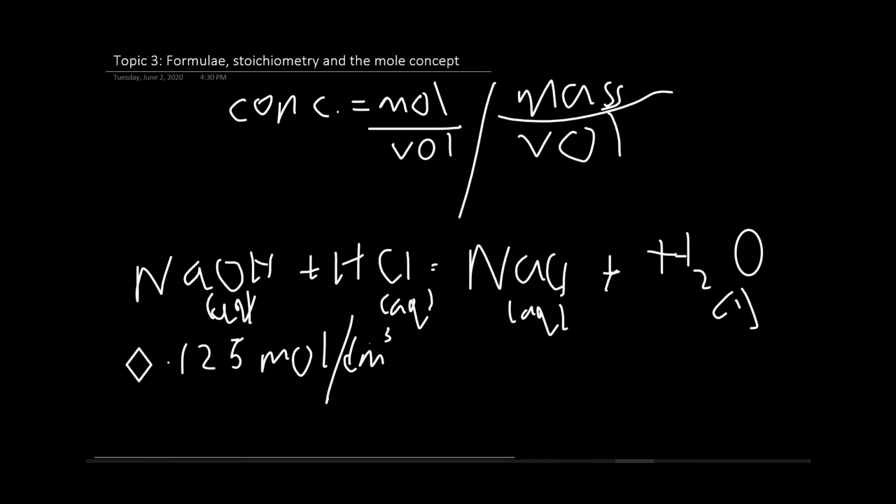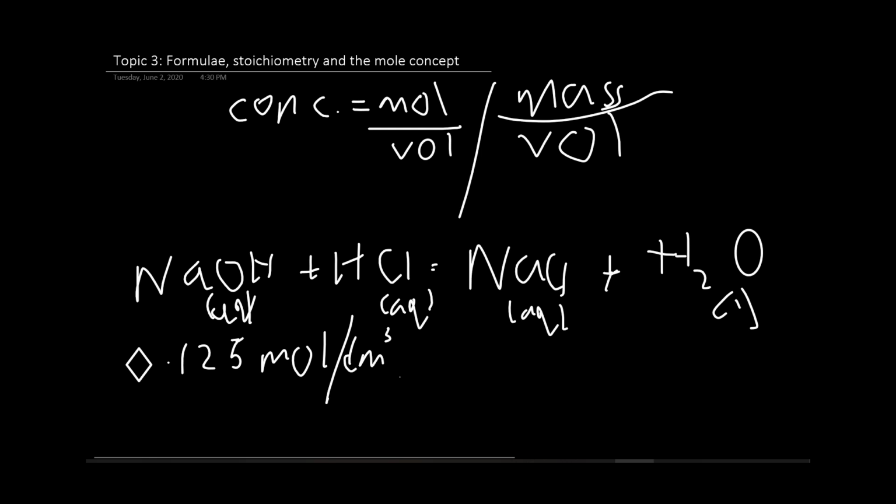You've been supplied with 1.4 mole per dm cube hydrochloric acid. Now, the question is, how many moles or how much sodium hydroxide, or what mass of sodium hydroxide, will be required to neutralize 0.125 mole per dm cube hydrochloric acid,